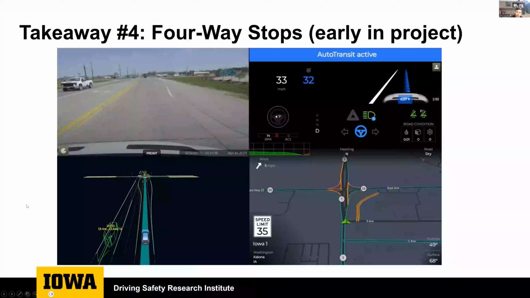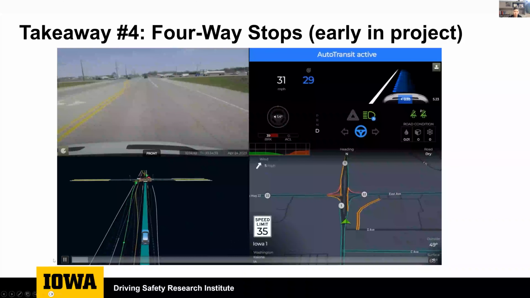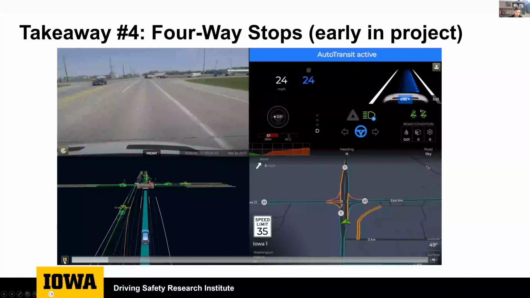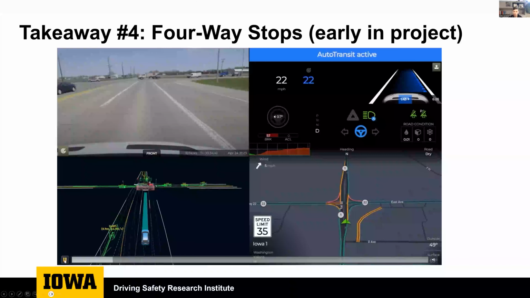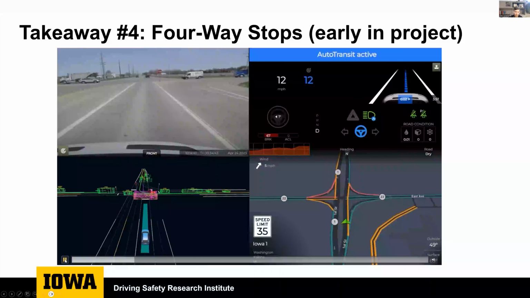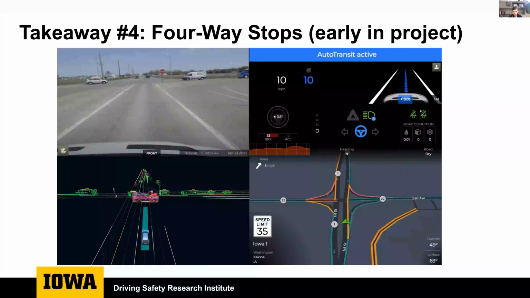So that last video we were watching was circling the town square of Kelowna. This video and the next slide will be exiting the town of Kelowna on the highway towards a four-way stop. So again, this has a lot to do with human perception, human behavior between the transit and the vehicles around them, and the differences between an early and a late phase of our study. So as you can read by the title, this video is an early phase of our study, an earlier portion of how the automation worked.